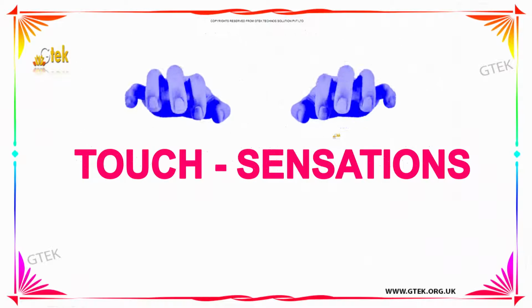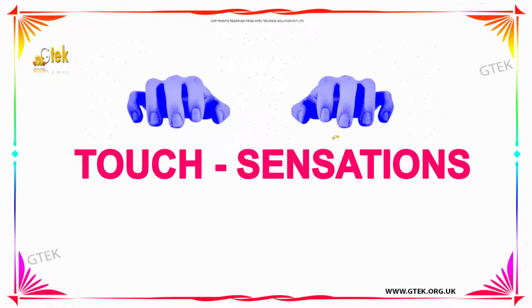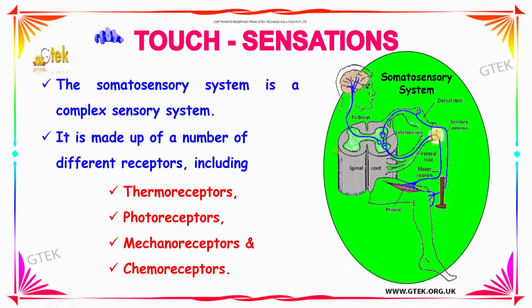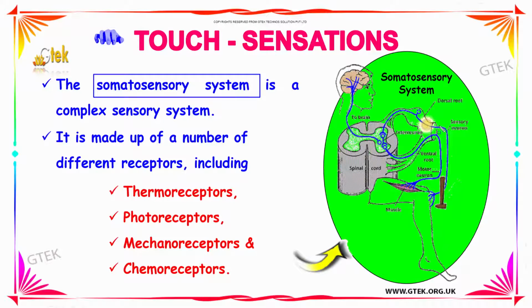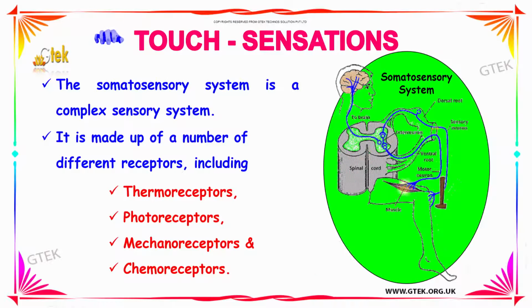We are going to see about the touch sensations and how one can feel the sensation. The somatosensory system is a complex sensory system and it is made up of a number of receptors. As you can see over here, if there is a sense over here, it is transmitted by the sensory neuron to the interneuron in your spinal cord, which in turn sends the impulse to the brain, and that will give the response through the ventral root and motor neuron and will be realized by the muscle that is present in the leg. So the different receptors which help us in sensing are as follows: